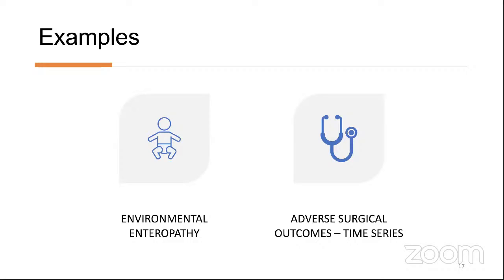Okay, I'm going to turn now to a couple of examples. I've talked at the high level of what the 4+1 model is and how to do data science with it. And I'm going to give you a couple of examples now as to how this is done. I don't work in neuroscience or in the science of brain, but I have several health science examples that I've worked on, and I'm going to describe those as examples of this. One of them is environmental enteropathy, which has to do with children, and the other one is adverse surgical outcomes.